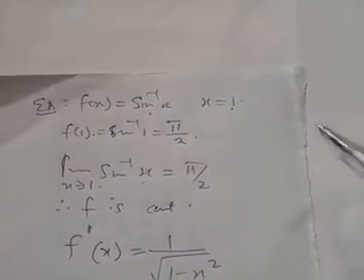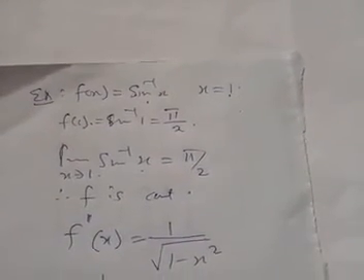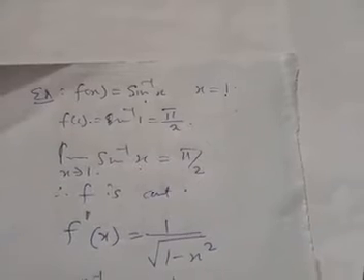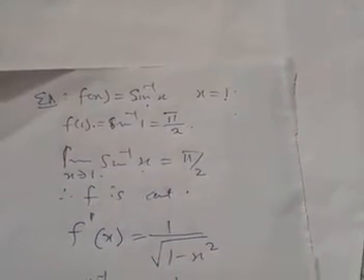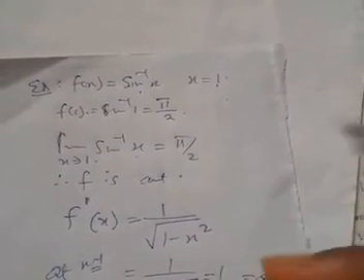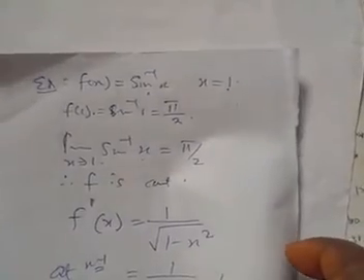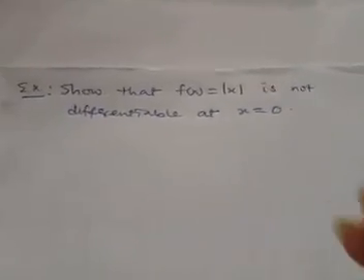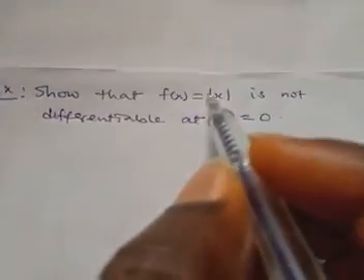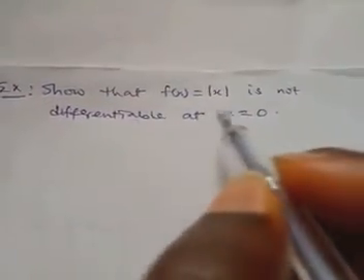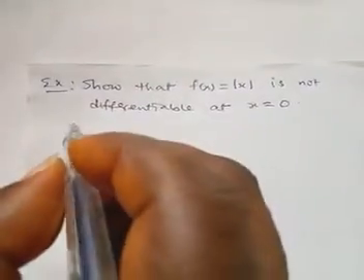So you can see a counterexample. We have shown that this function is continuous, but it's not differentiable at that point. So other questions on it, we'll consider in our subsequent examples to show that a function is continuous and is not differentiable. Now we consider the following example. We want to show that f of s is equal to this, and it's not differentiable at s equal to 0.